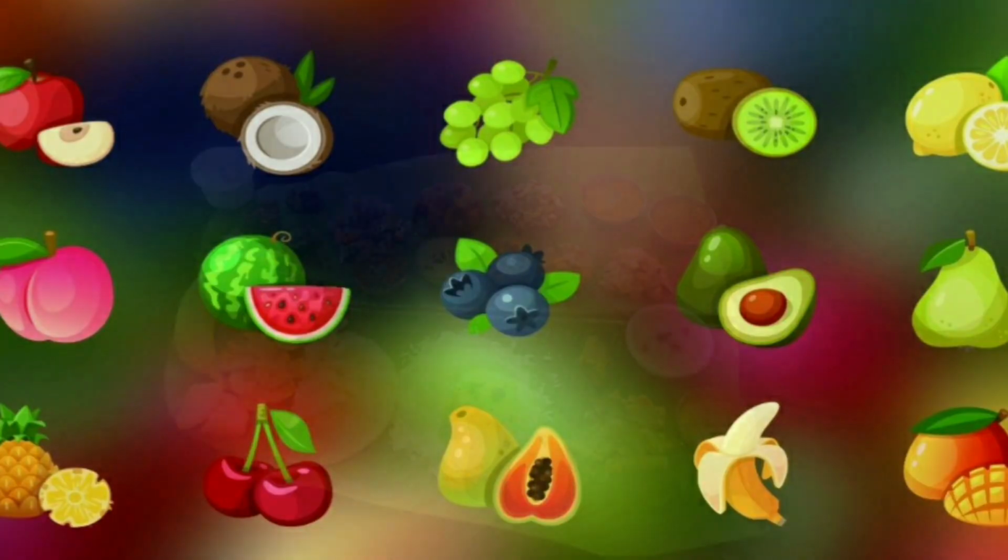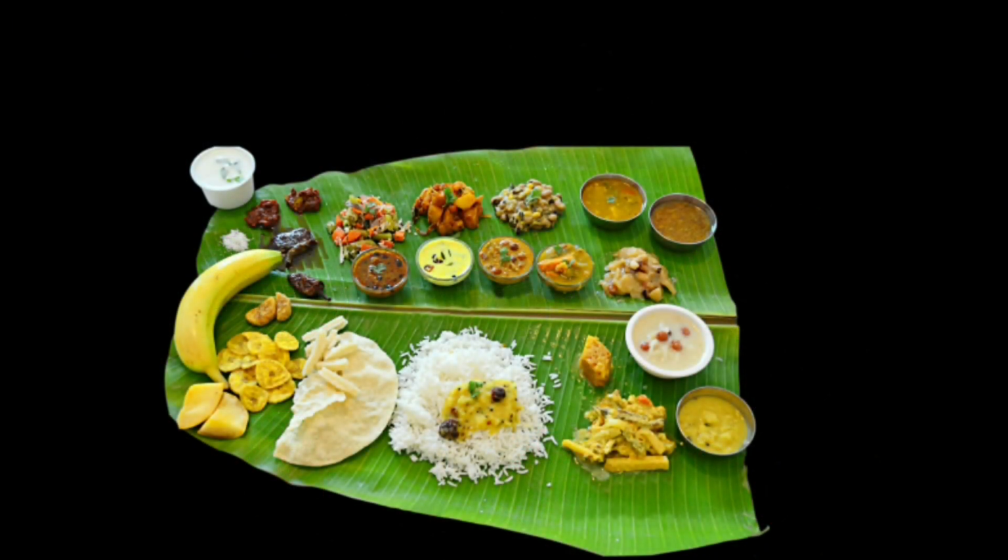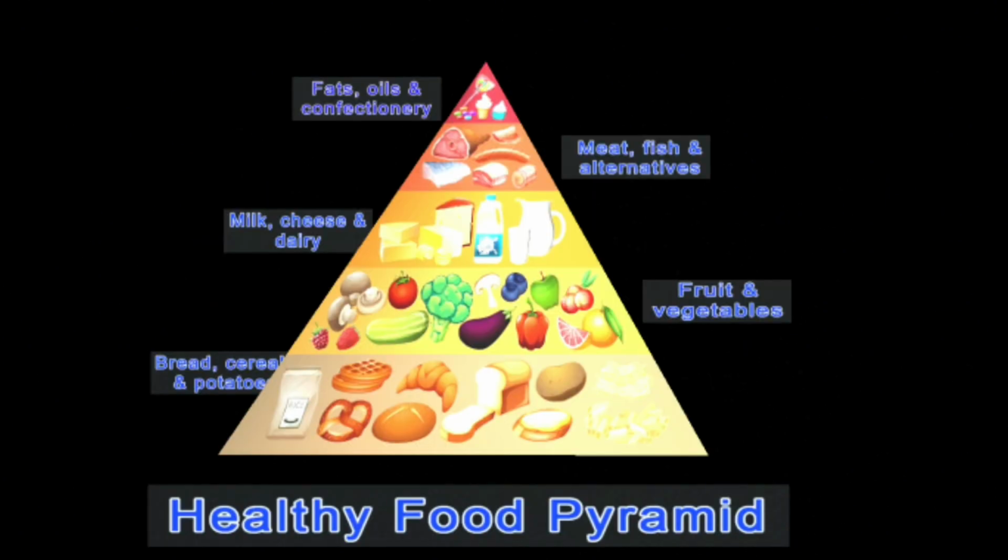The food we normally eat in a day is our diet. For growth and maintenance of good health, our diet should have all the nutrients that our body needs in the right quantities. Not too much of one and not too little of the other. The diet should also contain a good amount of roughage and water. So, a balanced diet includes all the nutrients of food in proper quantity with roughage and water.